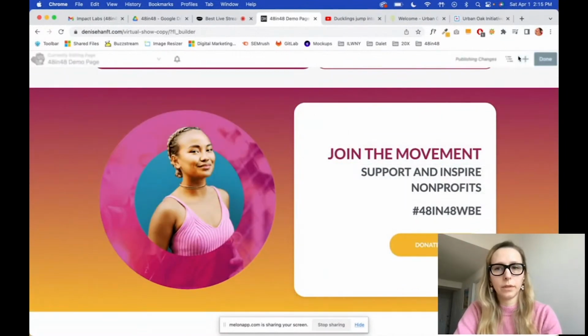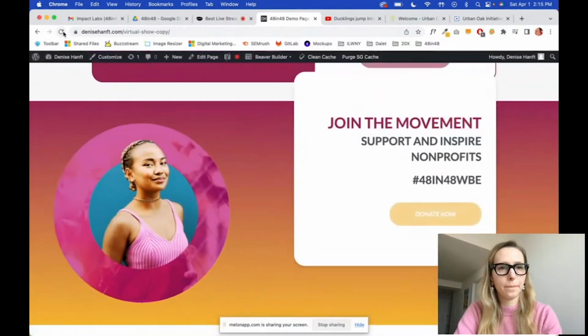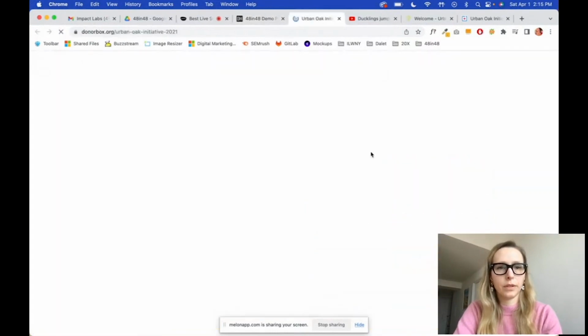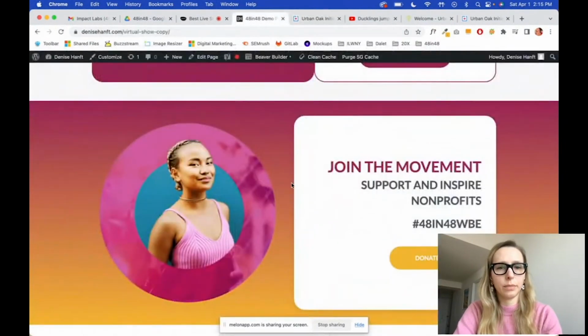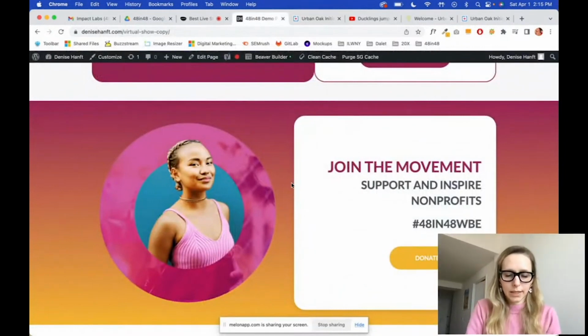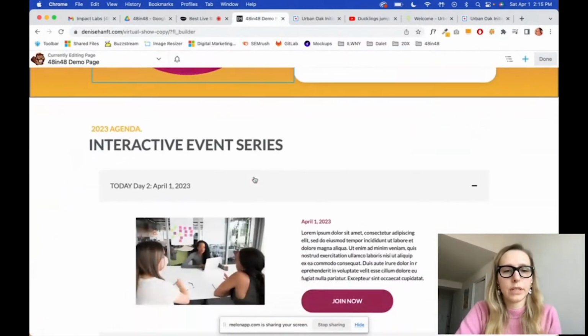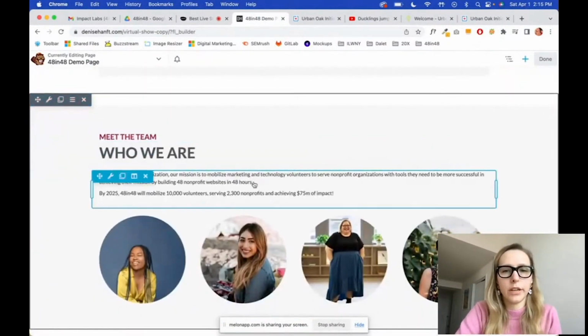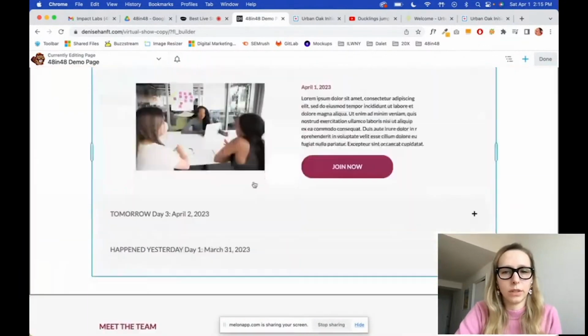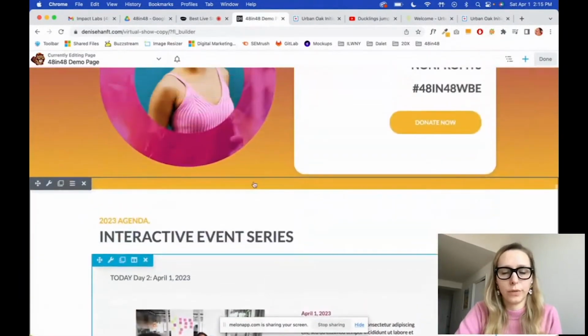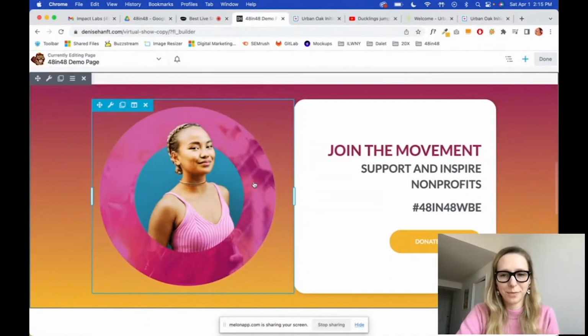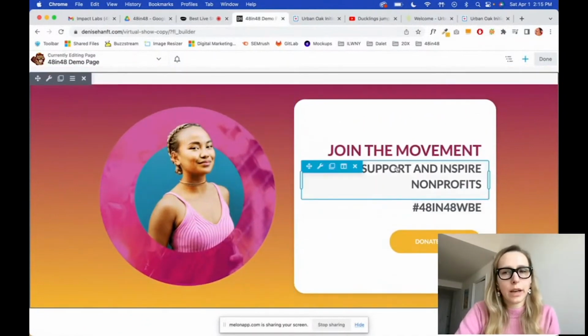Let me show you real quick. And now that button is leading to Donorbox. And that's how you can change buttons. Now, let's say, for example, you want to have another donate button on your homepage. You feel like there are not enough donate buttons. You don't have to